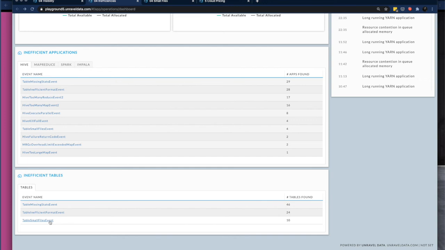Table small files event. This is a big one. A lot of times folks, especially developers who may be more on the junior level, are writing these jobs and creating a lot of small files. Well, it might not be a problem for them when they're writing those files, but for the folks reading in those files, there are millions of files, and they're only a few kilobytes in size per file. That's a lot of overhead, and this is a problem for on-prem folks because that takes up space